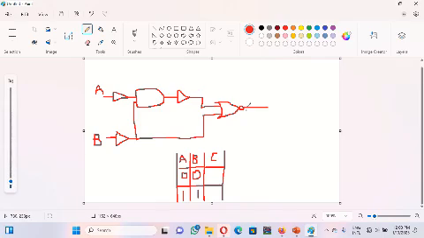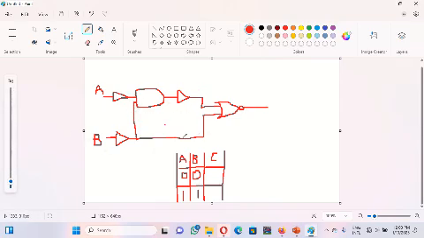So I told you that you can use this symbol here. You can just connect the OR gate to this NOT gate, or you can use this small circle here. So we have this, and then the question is that we should provide the truth table for this